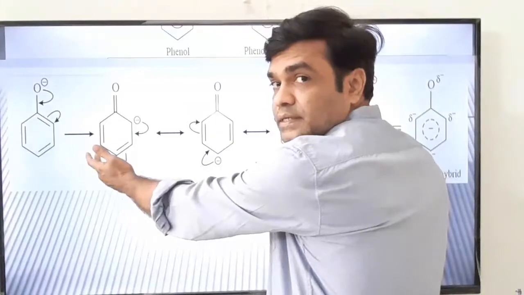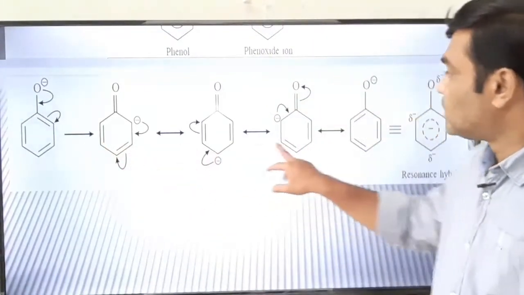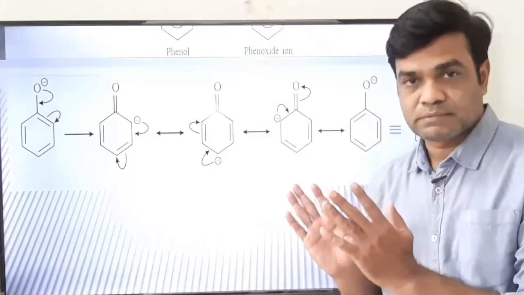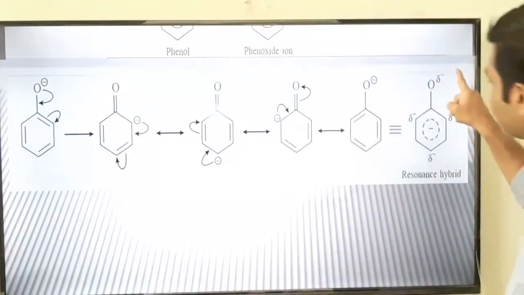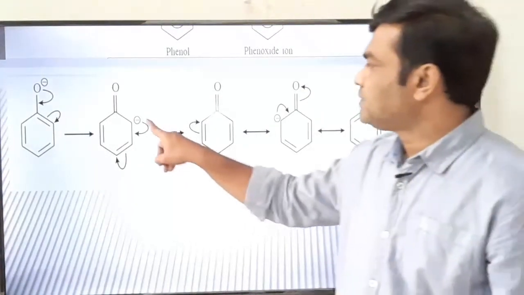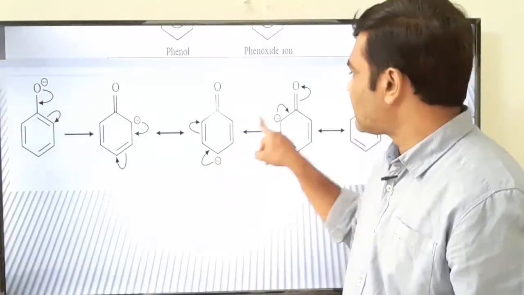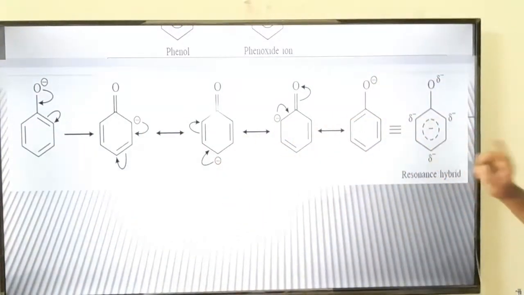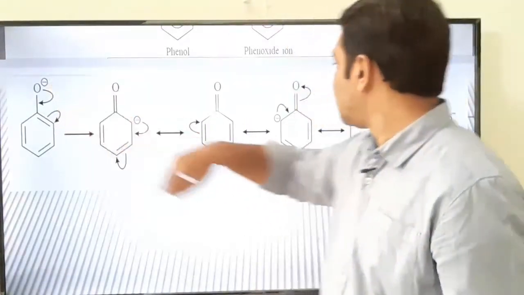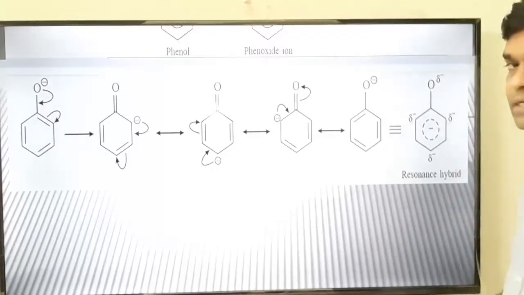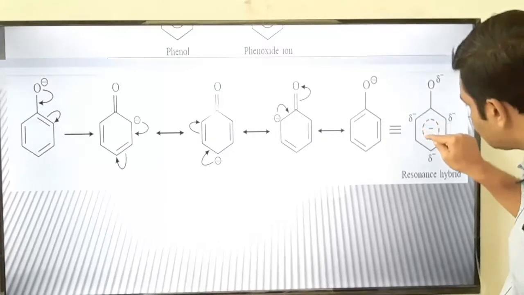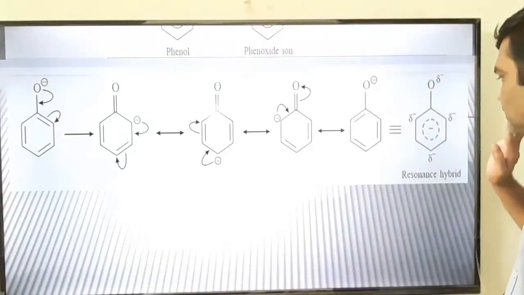These 3 resonating structures, 1, 2, 3, of the phenoxide ion, you can show by a single representative structure, which is called a resonance hybrid. See, the negative charge is moving from ortho to para, para to ortho, so that's why partial negative charges are written here. Oxygen has the negative charge here, so it is again partial negative. Again, remember, this dotted half circle should be from ortho to para and para to ortho. Okay.